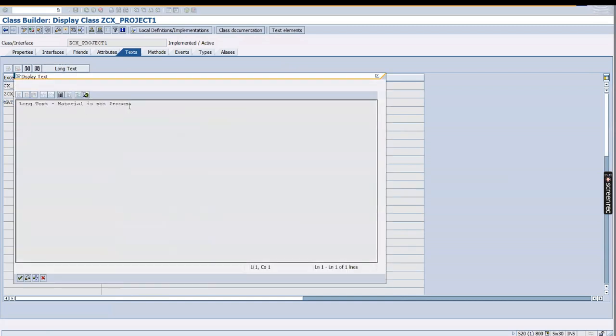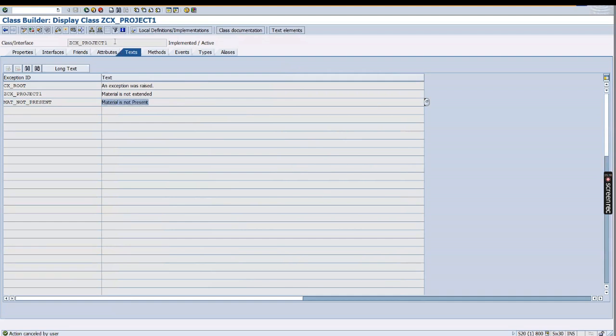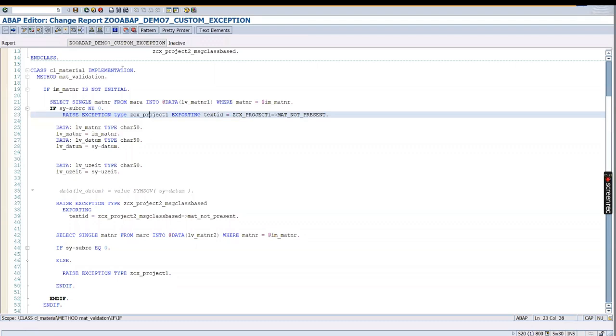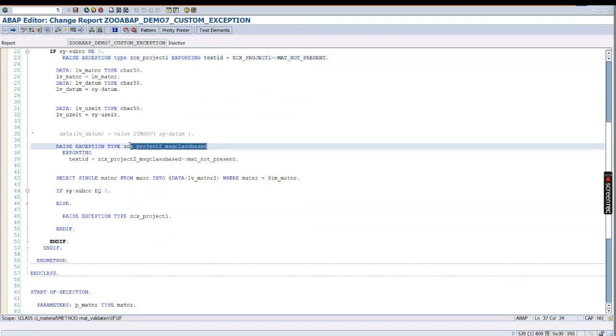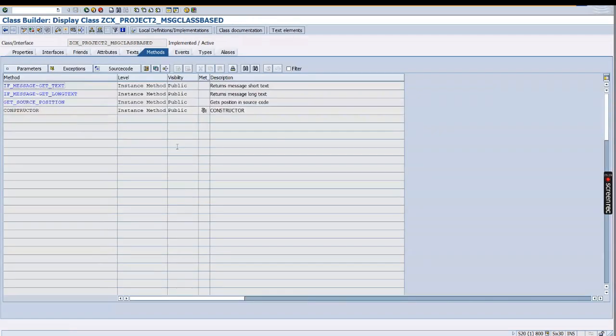And if you see here, this is the long text and this is the short text, right? And this was the OTR based, so there is no option for the message class because this was the OTR based, and this was the message class based. So two exceptions we have created yesterday. If you double click over here,